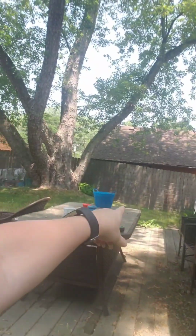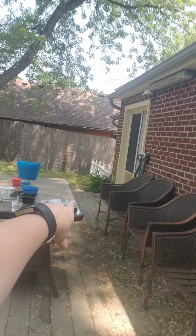And it's right by the water spigot here, so that's good also. And there's an outlet right on the other side of the house over there, so if I needed to run a heat lamp or anything like that out here, I could certainly do that. And it's built really nice. I could easily hose it out, clean it out so that it stays clean. Yeah, I mean, it's going to get scratched up. There's nothing I can do about that, but